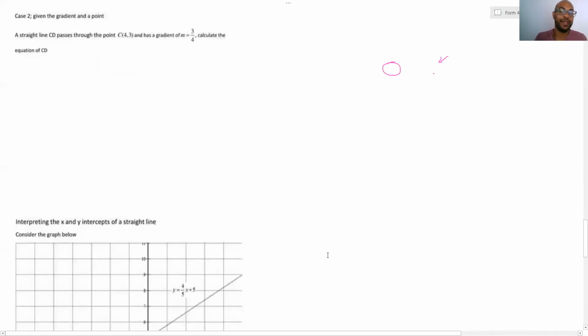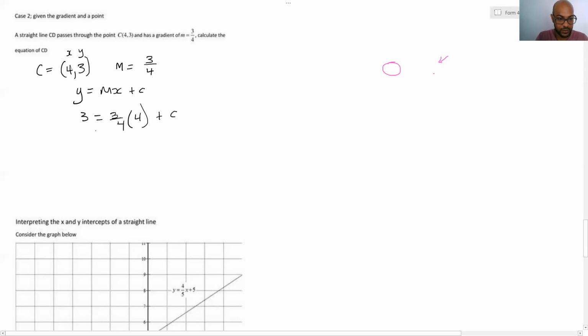So the next case now, which I said was a simpler case, is, for obvious reasons, we're given the gradient, and we know how to calculate the gradient, right? So we could actually start from here with c equal to (4, 3). They gave us this, the gradient m is equal to 3/4. So we're already at step 2. So y is equal to mx plus c. C is giving us our x and y coordinates. Y is 3, m is 3/4, and x is 4